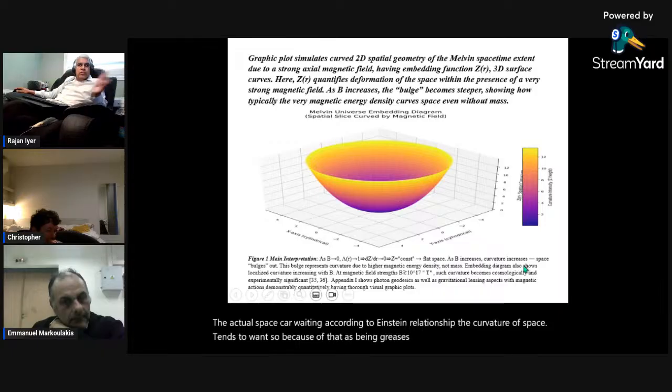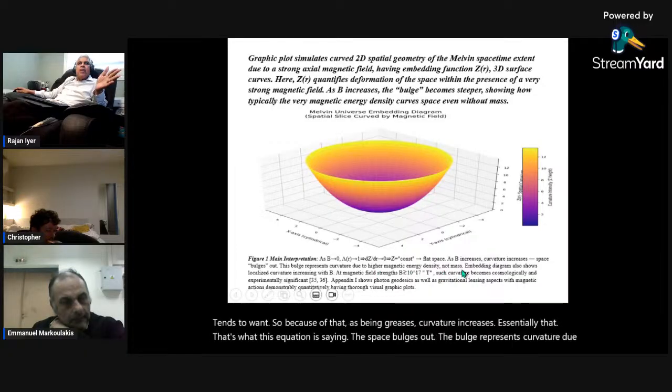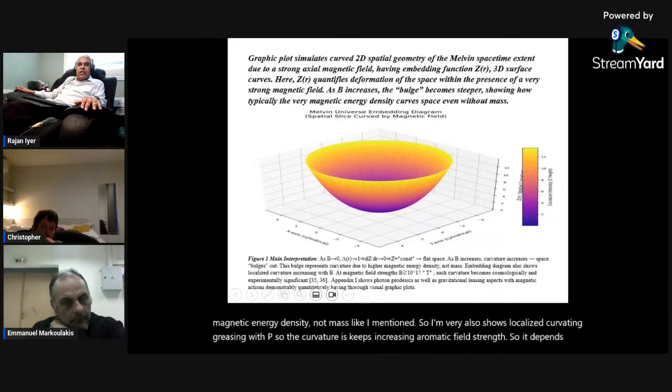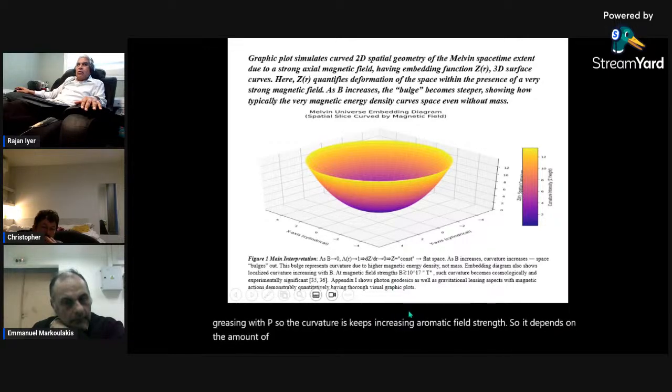Essentially, that's what this equation is saying. The space bulges out. The bulge represents curvature due to higher magnetic energy density, not mass, like I mentioned. So it also shows localized curvature increasing with P. The curvature keeps increasing with magnetic field strength. So it depends on the amount of magnetic field, and that's another thing I have calculated, and I go into